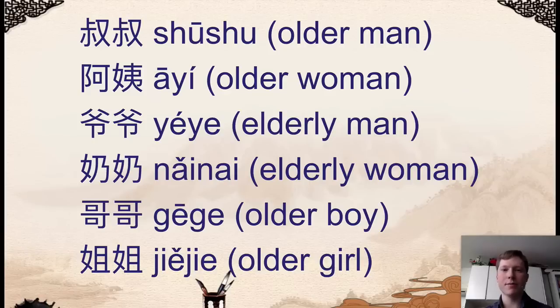If you're talking to somebody who's much older, an elderly man or woman, you can use 爷爷 for a man, or 奶奶 for a woman. So if I'm talking to an older lady that I want to stop on the street, I can say 奶奶你好. And that would be a very polite way to address an elderly person. And also for younger people, if you're addressing somebody who's also young but a bit older than you, you can use 哥哥 for a boy who's older than you, or 姐姐 for a girl who's older than you.